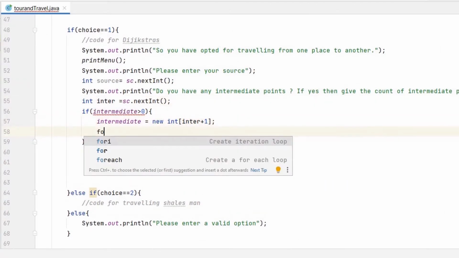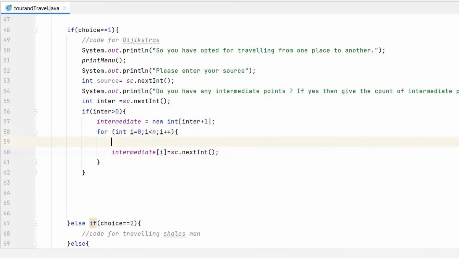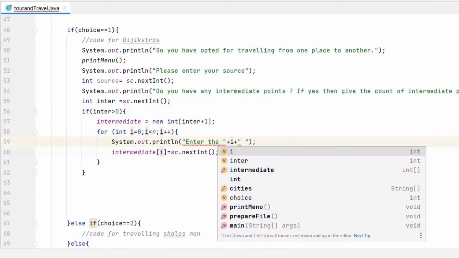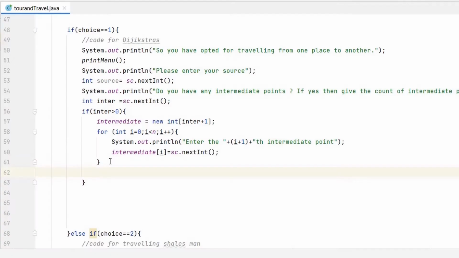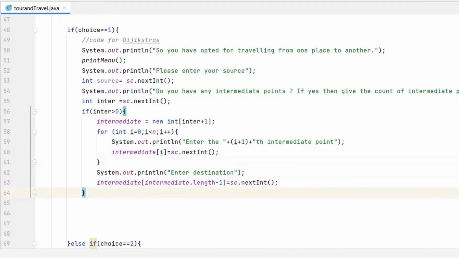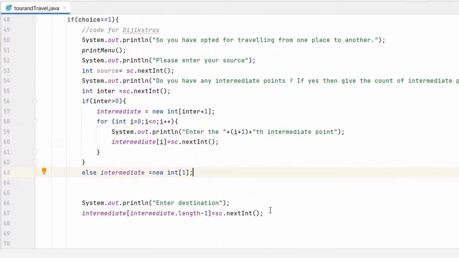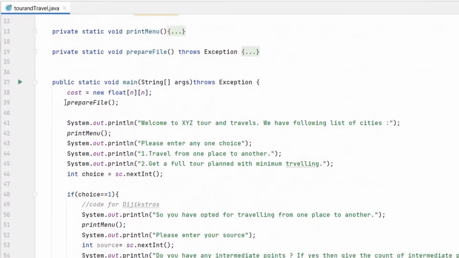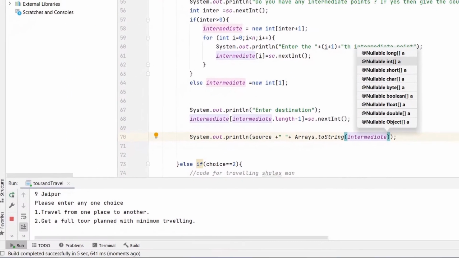If the intermediate stops is 0, then the size of the intermediate array is going to be 1, else it is going to be number of stops plus 1, in which the last index is going to store the destination. Now we will check once by running the program.